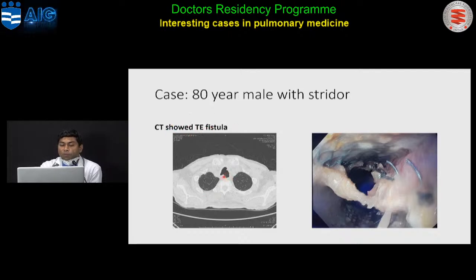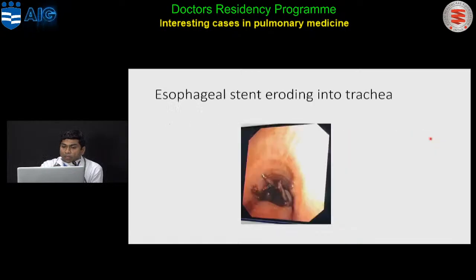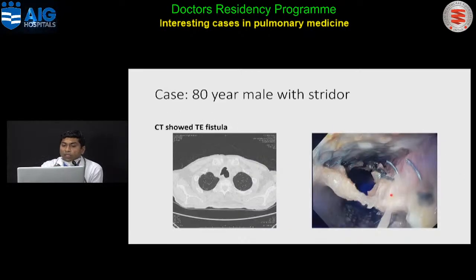You can see both the trachea and the esophagus; the anterior structure is the trachea, what I am showing you, and the posterior structure is the esophagus. You can see that both of them are joined actually. So it's a tracheoesophageal fistula. When we did an endoscopy for this patient, we found that the stent which was placed for his dysphagia from the esophageal carcinoma was eroding into the trachea, and this was the stent. You can see that the stent was broken inside the esophageal lumen. It was coming into bits and pieces.